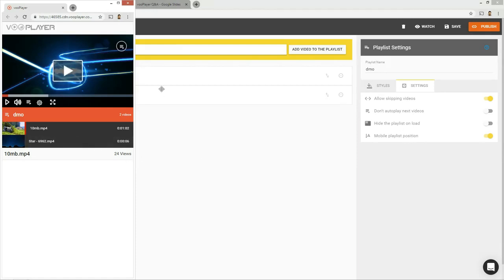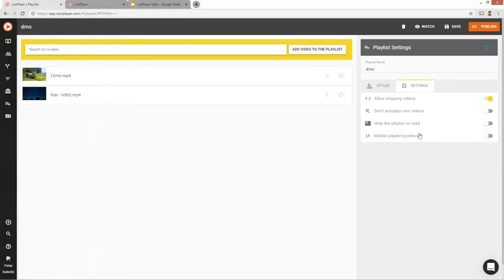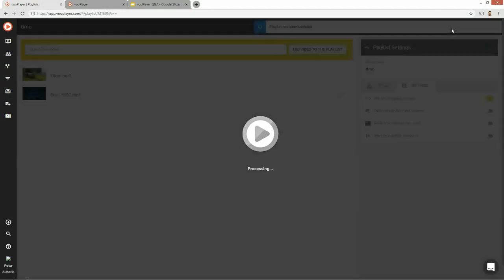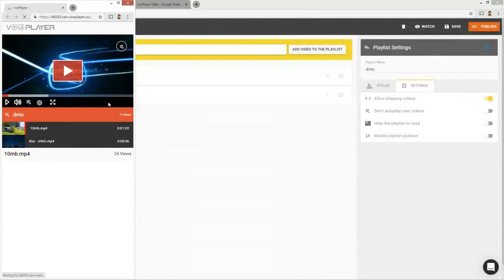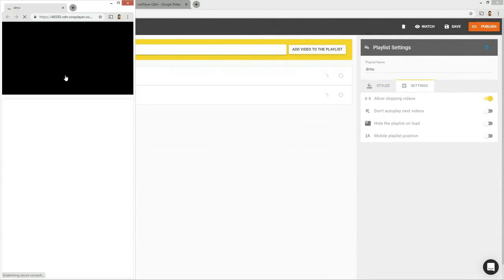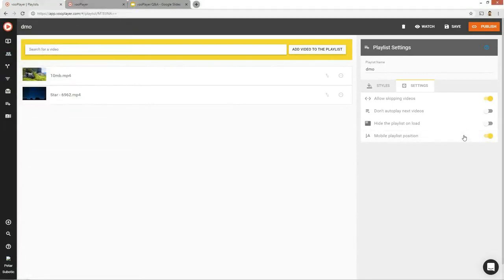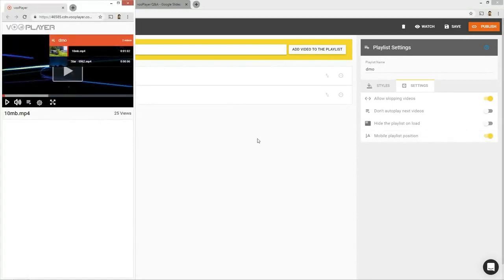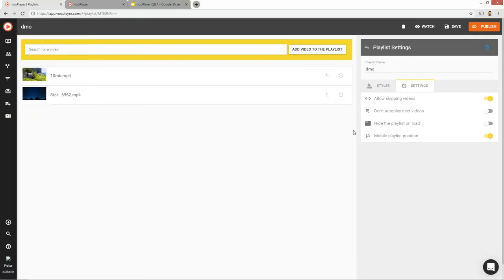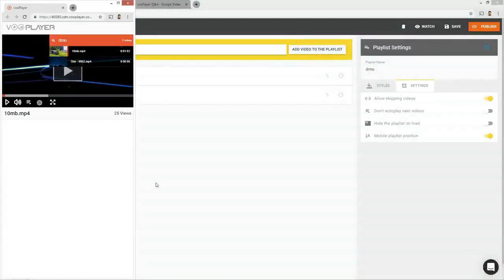If you want the playlist to change positions based on responsiveness. But even so, I'll just turn this off for the sake of argument, and I'll just save it. So we'll refresh this once more. So here we have the playlist in the standard position, and you see that it still works even with the positioning on the right-hand side. But I definitely agree that it's a better experience to have the playlist below the video when it's at this small of a size. So that option is available for anybody who wants to use it.